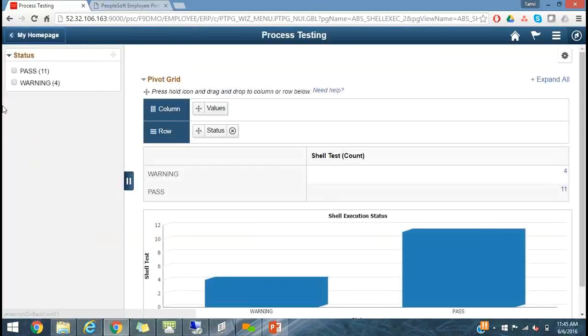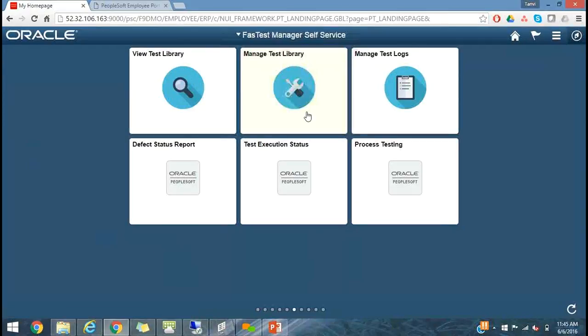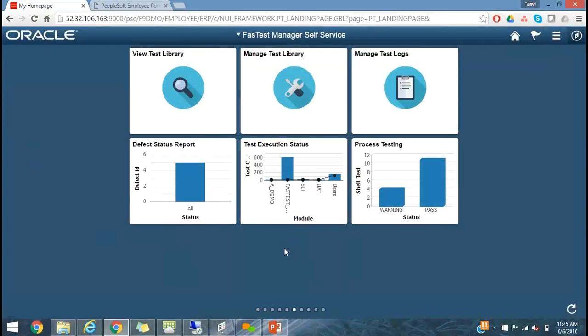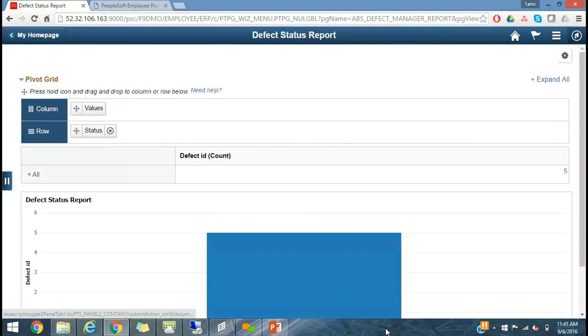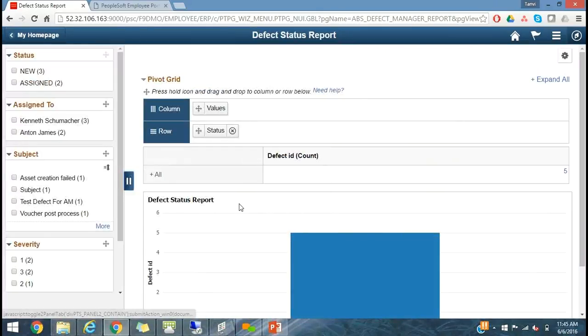So all this is live metrics in terms of execution status, and since we have a completely integrated Defect Manager solution, it also gives you all the defects that reside within the system, whom has it been assigned to, and what's the exact status of those defects. So several such parameters, several such reports can be incorporated within your Fluid homepage or tiles. It's completely configurable. It depends on the metrics that you choose to see on the dashboard.